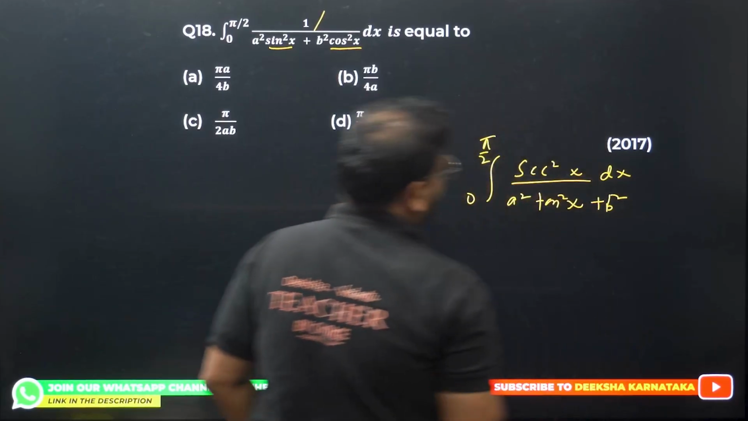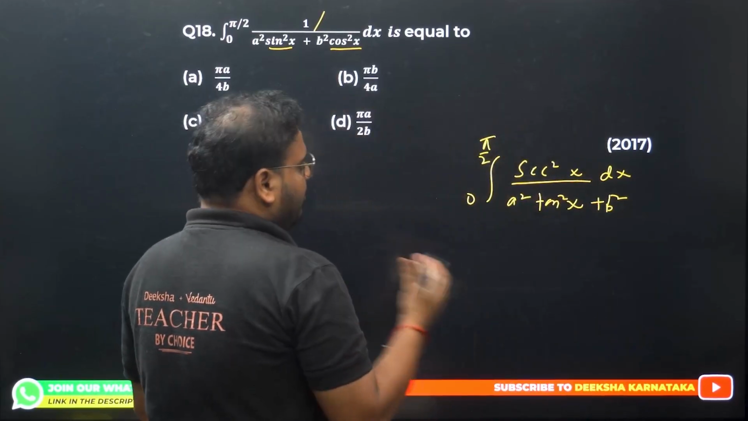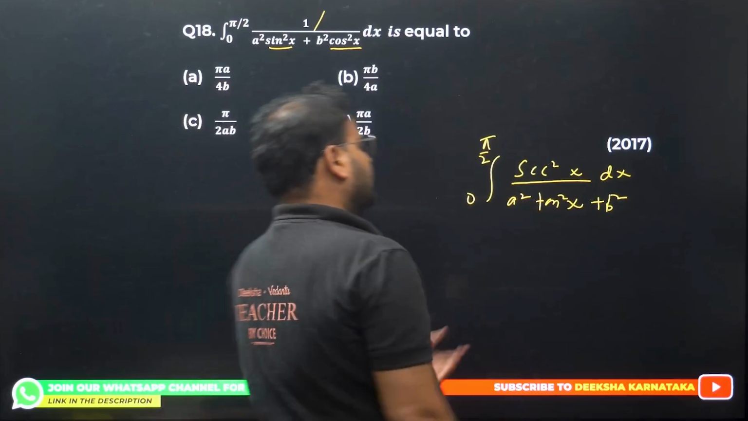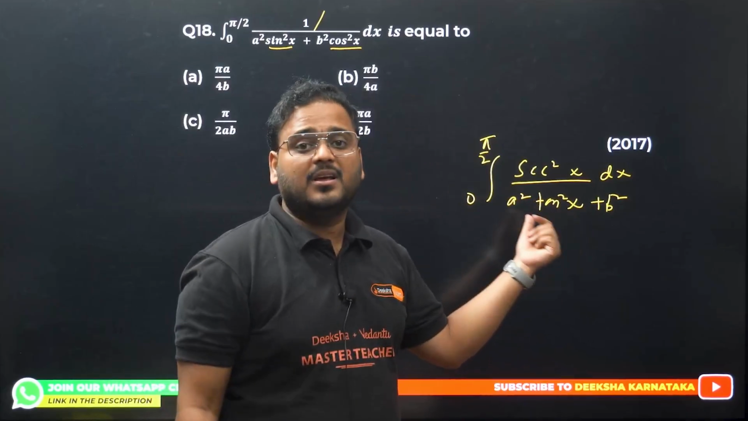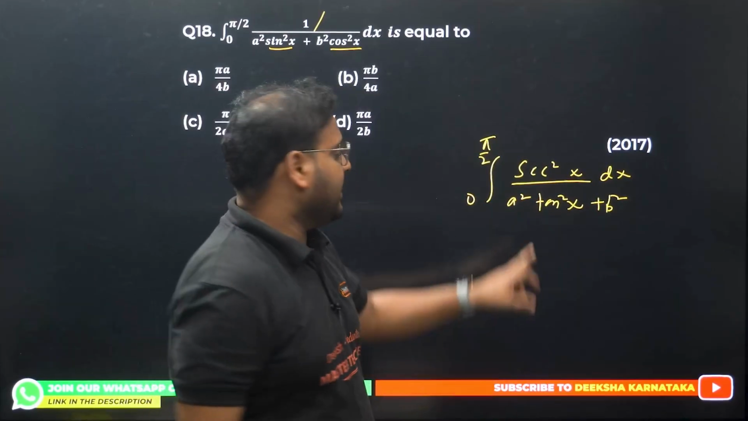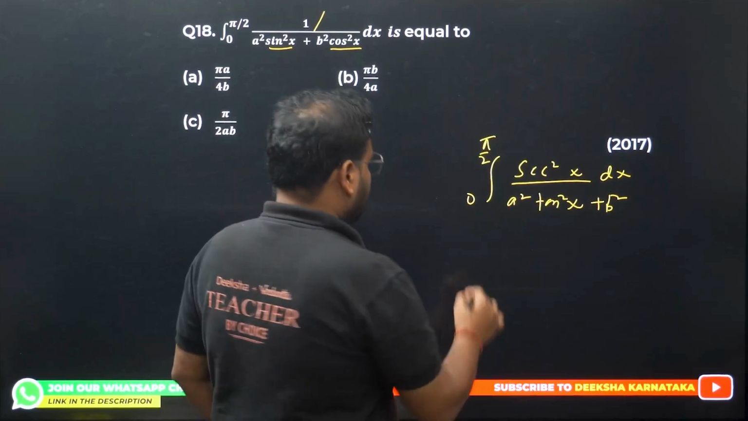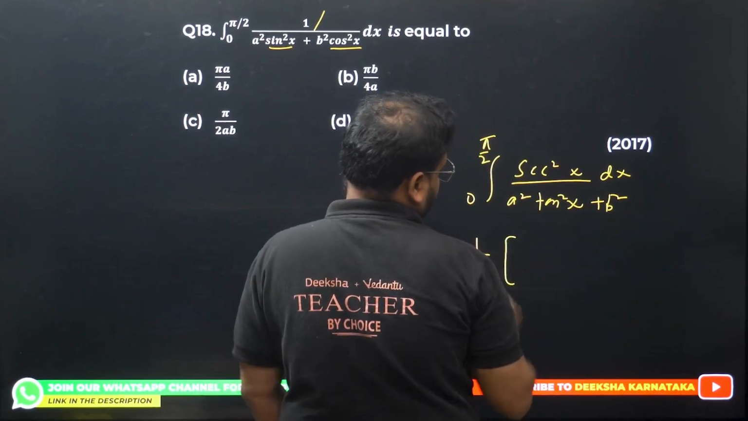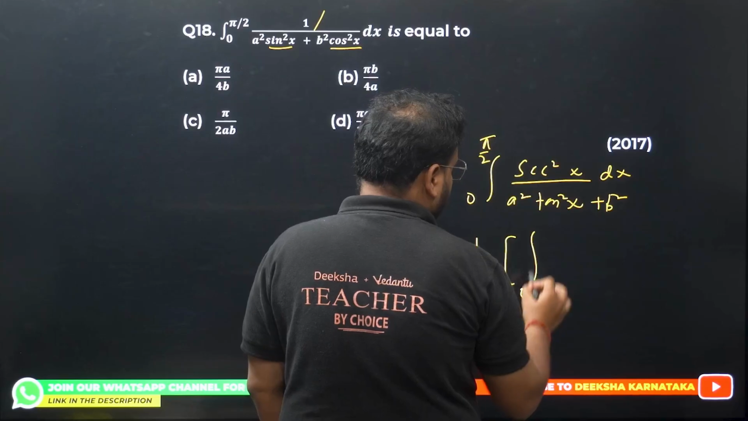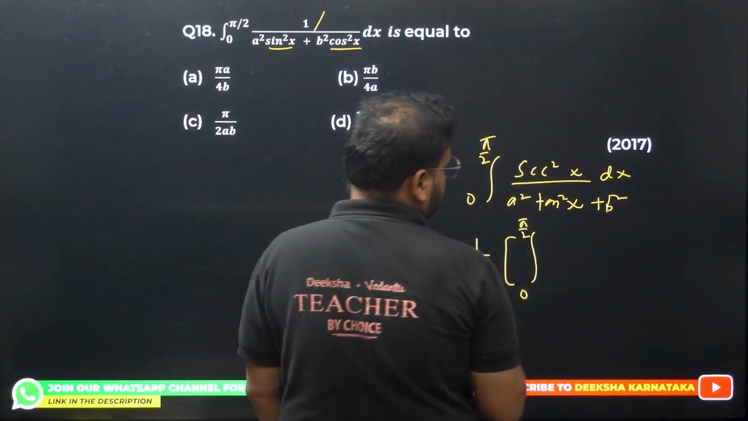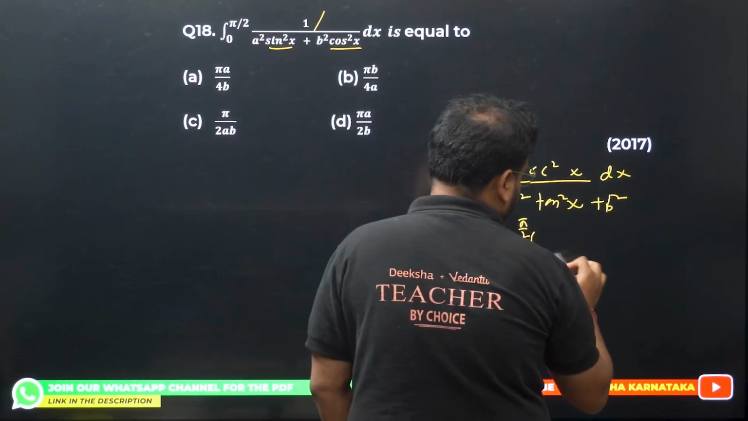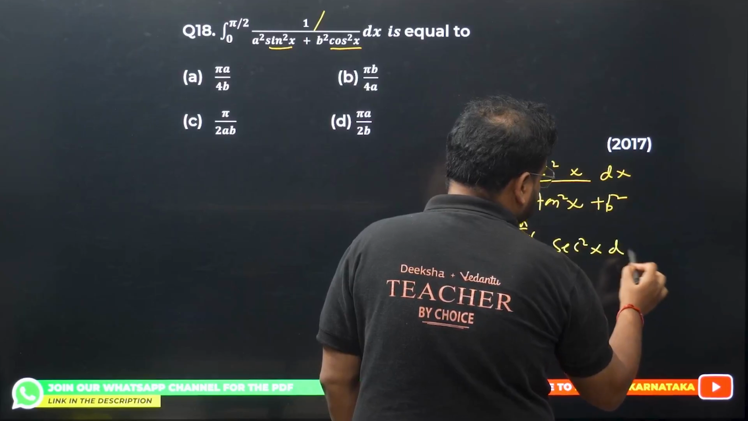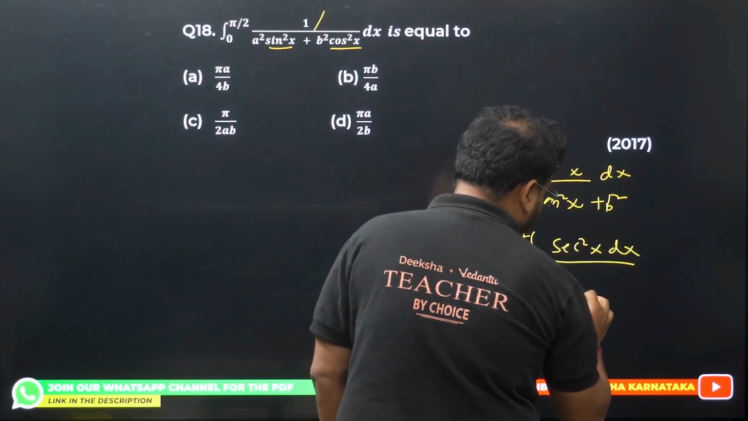Plus b square. Now for the formula, I need to have this square term of the variable free from any coefficient. So take the coefficient a square outside. Take that common. 1 by a square is outside. The integration as it is, 0 to pi by 2. This becomes sec square x dx as it is. This is tan square of x,